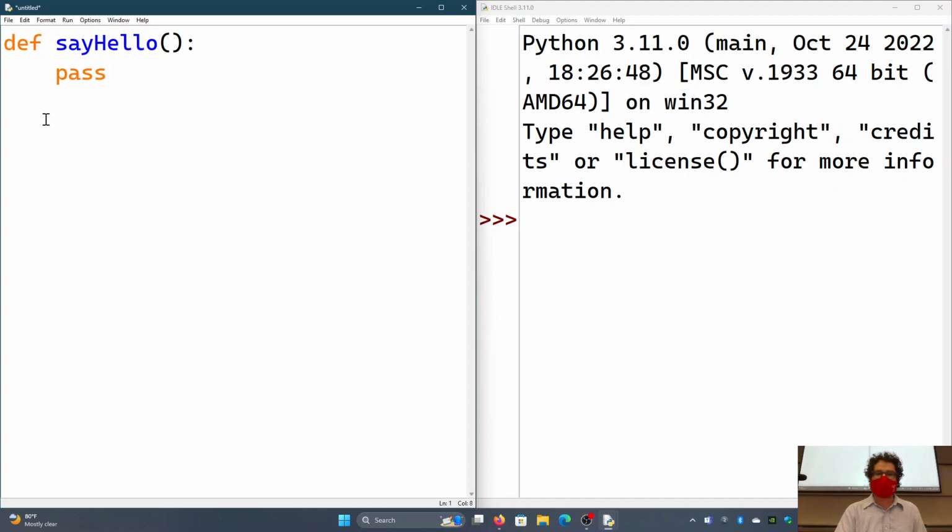Then you have parentheses. If you remember how we've been doing it, print has open parentheses, close parentheses. There's some other things that I showed off, like sum. Also, whenever we make our turtle do things, like move forward or backwards, those commands all end with parentheses. Those parentheses are basically part of what makes us say we're actually performing this verb. Here we're just defining it, and I'll get into what we can put in the parentheses in a bit, but we use what's inside the parentheses as parameters.